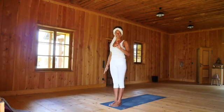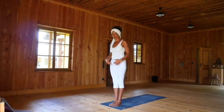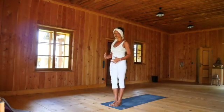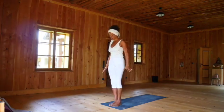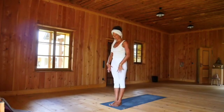Great. So the first Surya Namaskara is going to be a modified version. So we're going to bend the knees and modify the chaturanga. So we are going to slowly get to the full version of Surya Namaskara A. So coming into Tadasana, thigh muscles are active, feet are grounding,